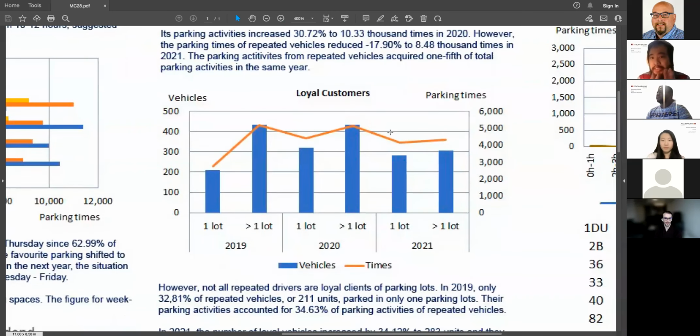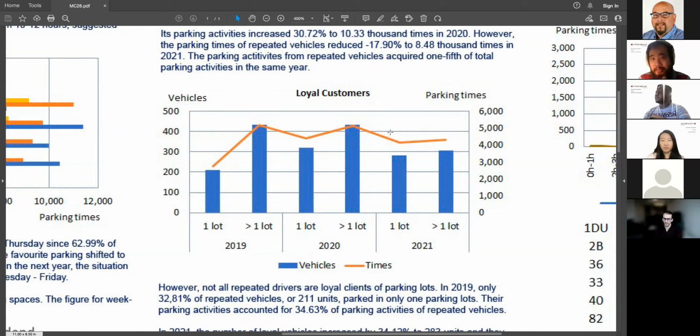However, if we look at the time that they take for parking activities in Hamilton, it's surprising that it increased by 30.72% to 10,030.33 in 2020. However, next year, due to COVID, I think so,